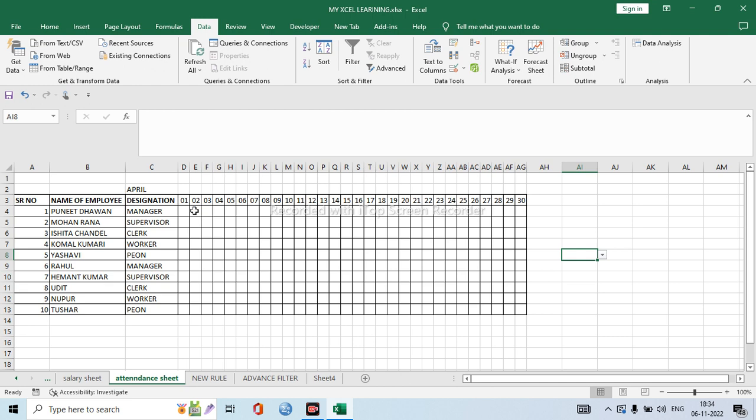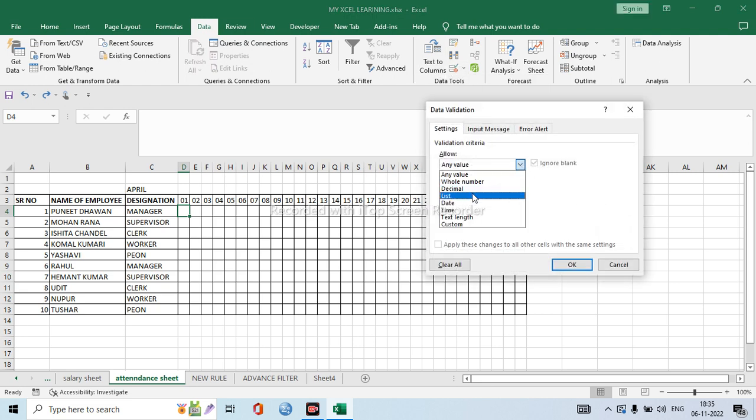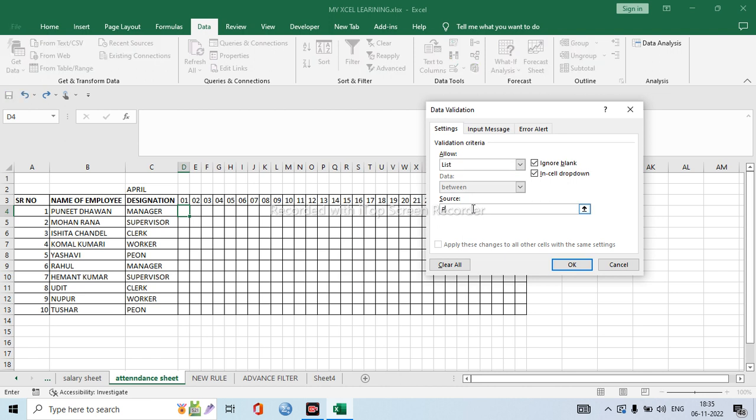Whenever you apply this, you will have this kind of issue: the drop down list menu has been drafted here because my cursor point was there. So I need to put the cursor here and go to the data validation tab. Data validation, like here, and just go to data validation, select list items, write down P